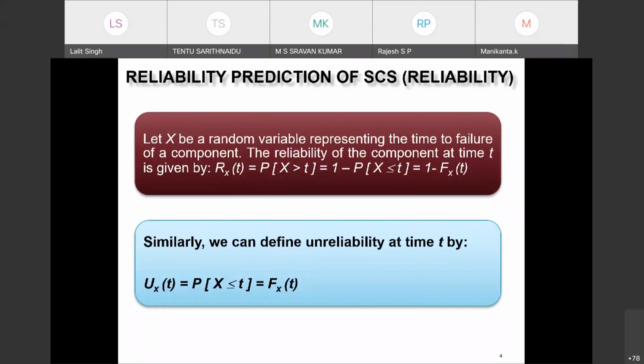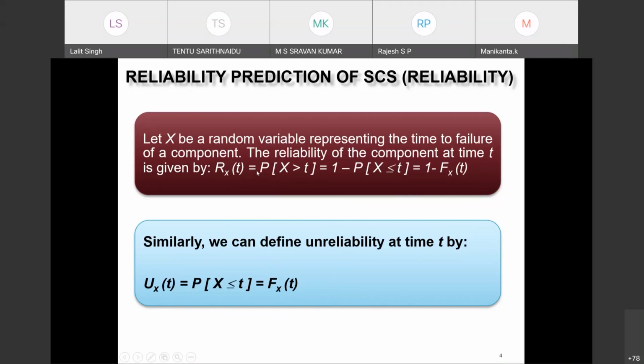Let us see the mathematical definition of reliability. Suppose X is a random variable that represents the time to failure of a component. It means if your component fails before this time, it is the failure of the component. So this represents the target time. So the reliability of the component at time t can be given by R_X(t), because, as I said, reliability